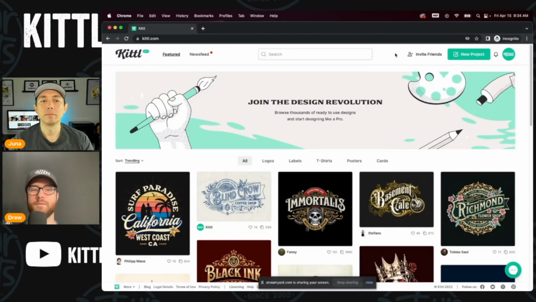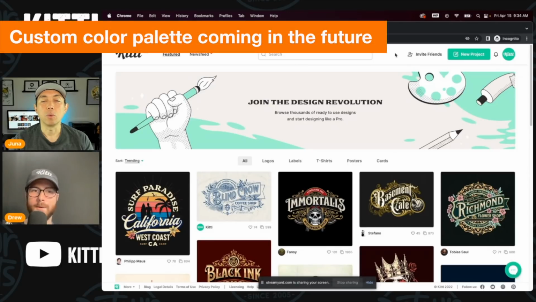So that's one big feature. And then the other one that I'm also excited about is your own custom color palette feature. It's not difficult to use colors, which we'll get